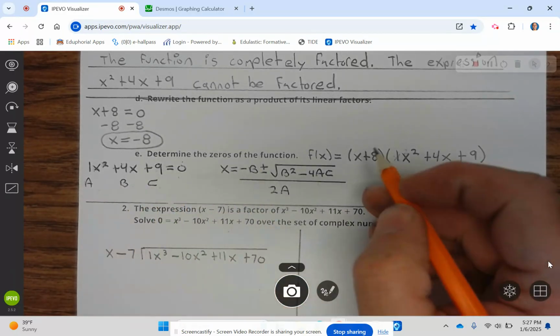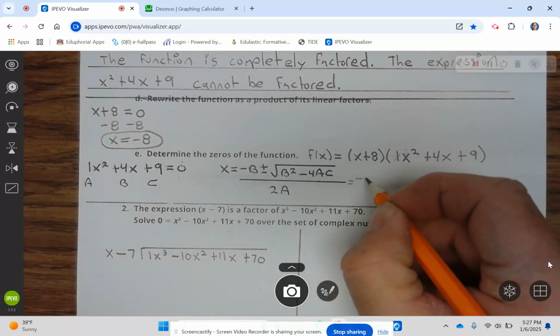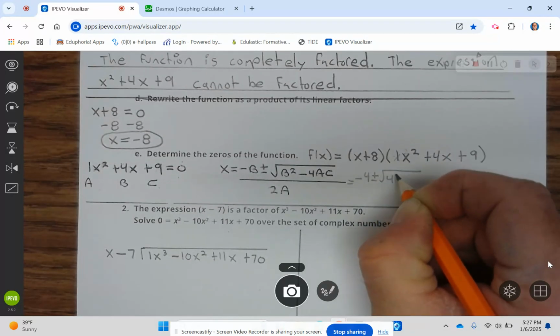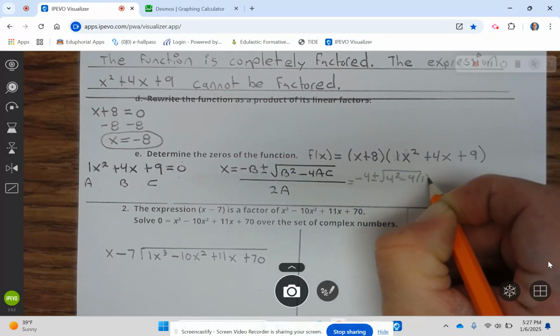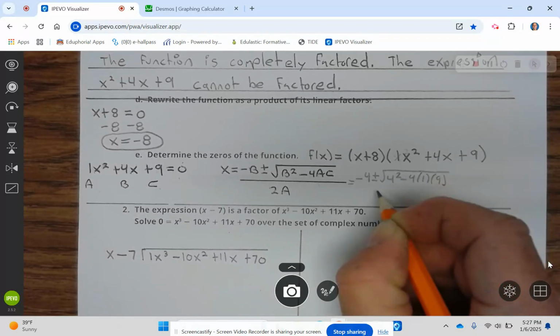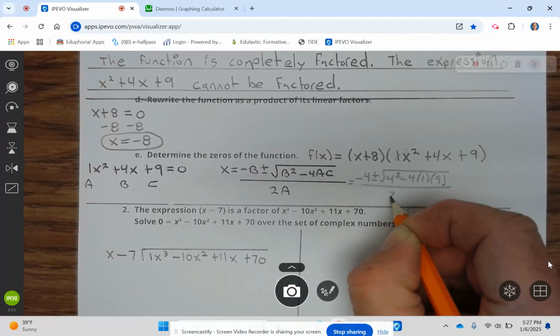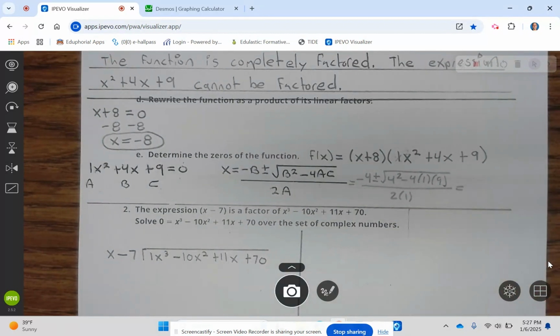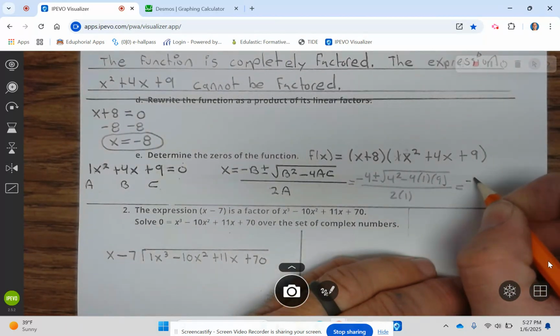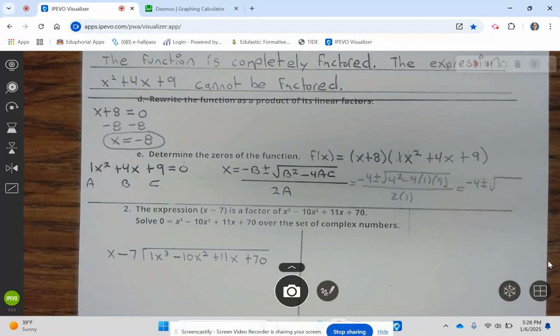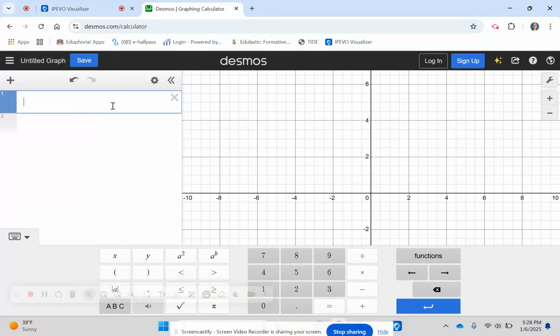Well, this is a, b, and c, so we plug those in. So it's negative 4 plus or minus the square root of 4 squared minus 4 times 1 times 9, divided by 2 times 1. Well, that becomes negative 4 plus or minus the square root. Let's go ahead and plug this into Desmos. So that's 4 squared minus 4 times 1 times 9, which is negative 20,